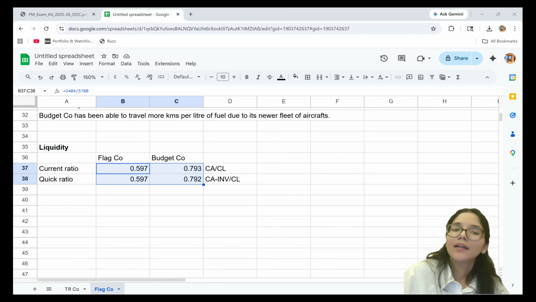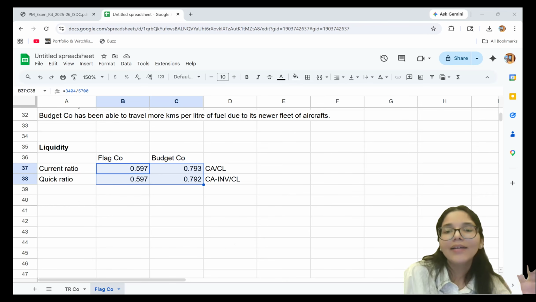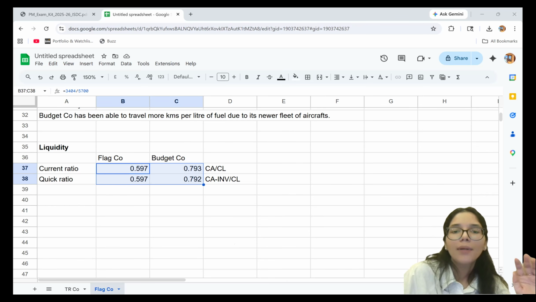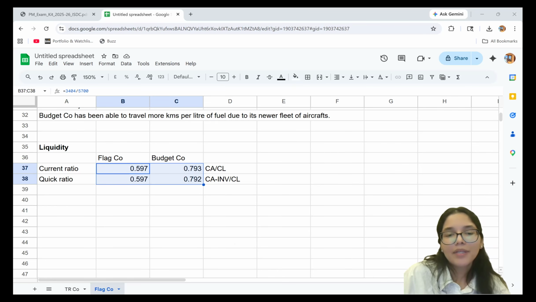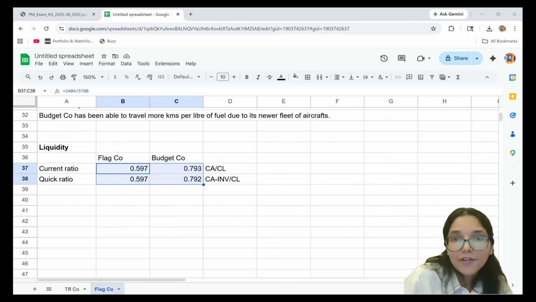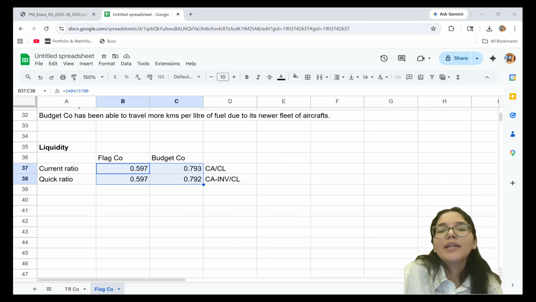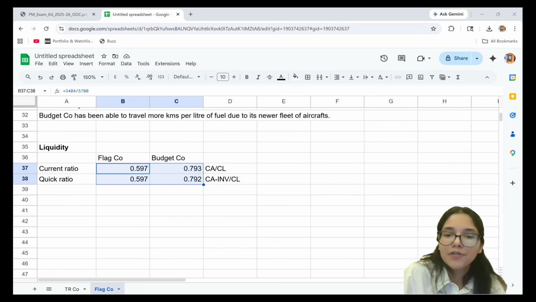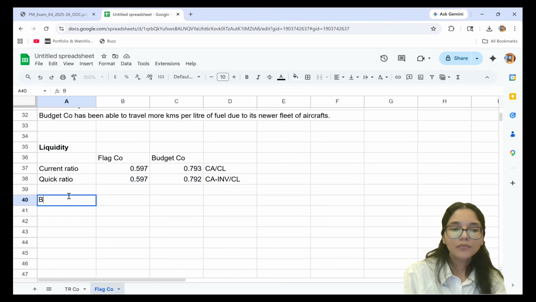I will say that the current ratios for both of the companies are below the ideal ratio of 2:1, but they are both service-based companies, so it's not very surprising to see that the numbers look this way. There's also no reason given to us in the case study with which we can tell why there's a little bit of difference between both of the companies. So we can write over here,